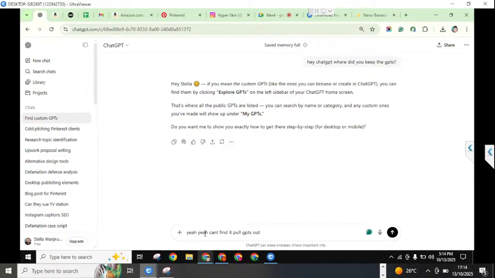Definitely, I should be having them somewhere here. Okay, but even without GPTs being pulled out, I don't know why it's playing gimmick. Maybe the extension is not available. But even with that, let me just show you